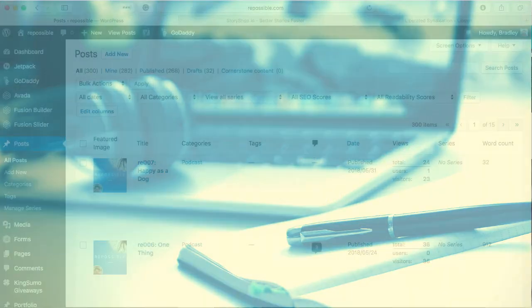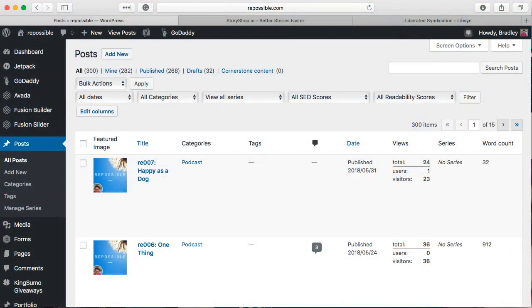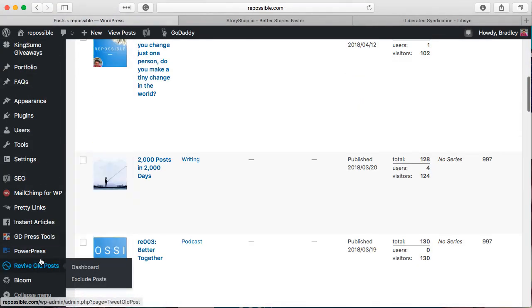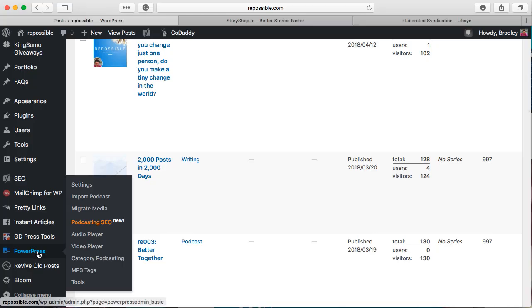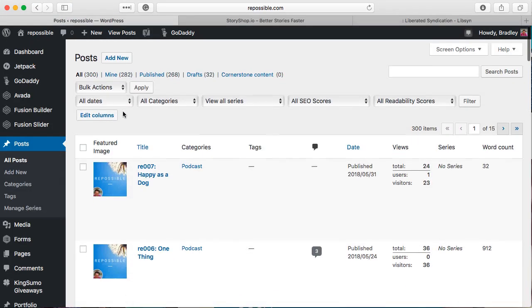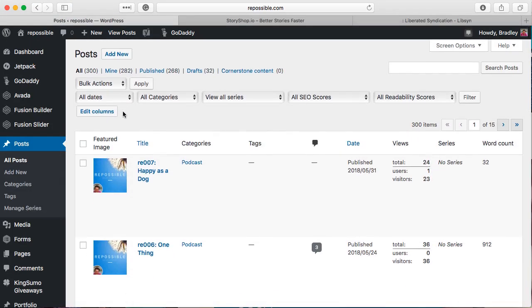Information to create an episode of a podcast. This is using LibSyn and their PowerPress by Blubrry plugin. I'm kind of just going to wing this because I don't really plan on staying with them. It's okay. I know it's a big name, LibSyn, Blubrry, they've got a big following, but frankly, compared to